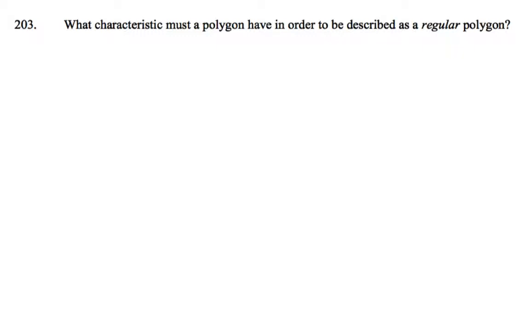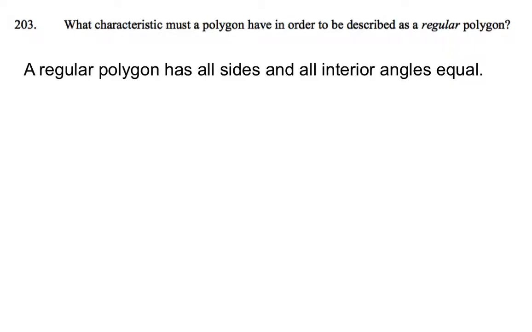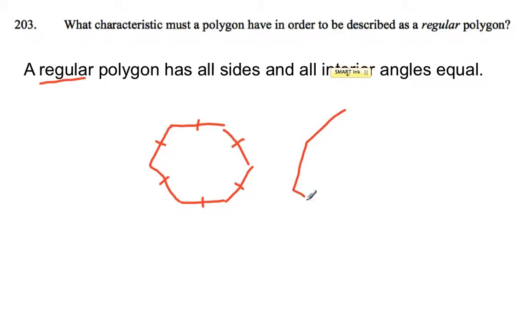Well, a regular polygon has all sides and all interior angles equal. So for example, we could have a hexagon with 6 sides. If I could draw a little bit more accurately, I would suggest that if we could put markings on each side to indicate that each of those sides are the same length as each other, we can call that a regular hexagon. If you just had any old random 6-sided figure,